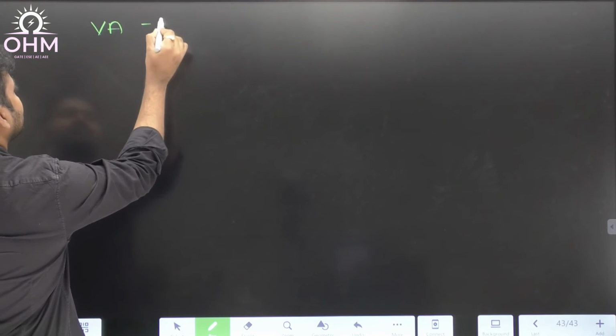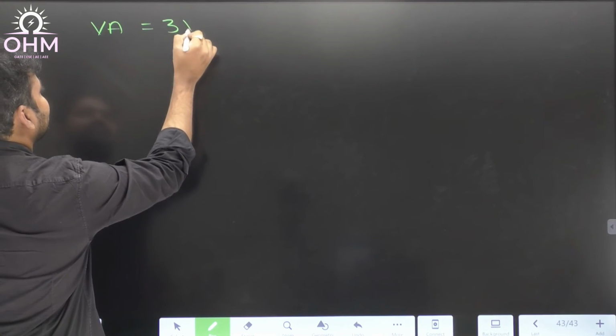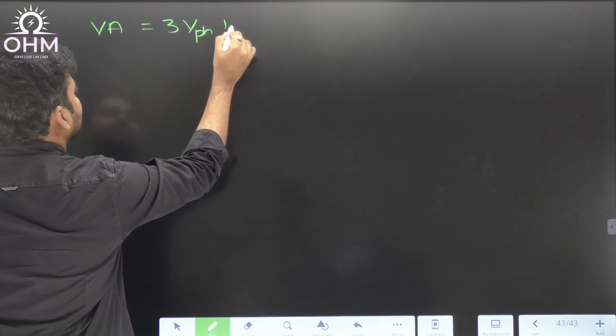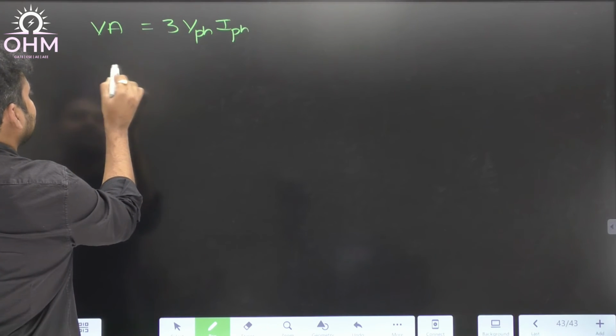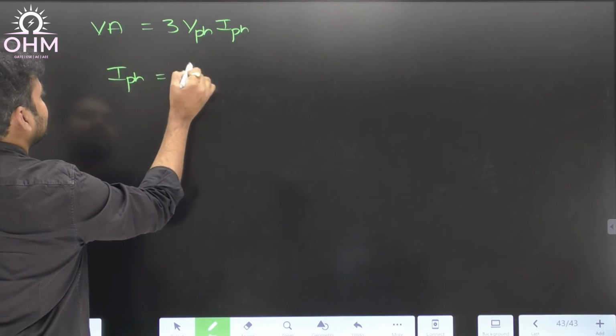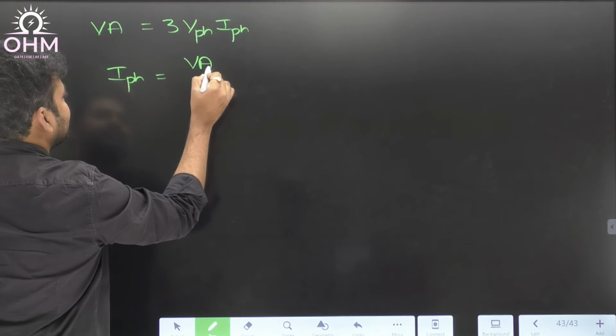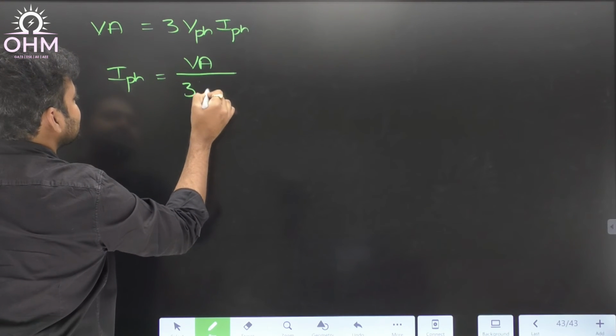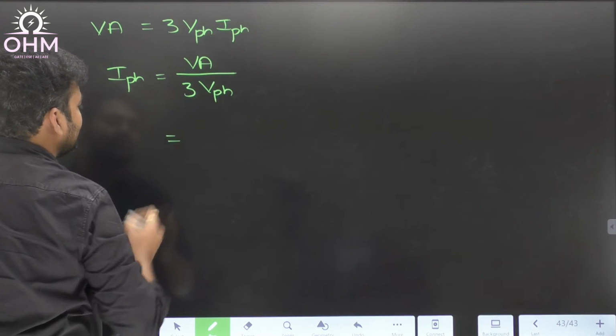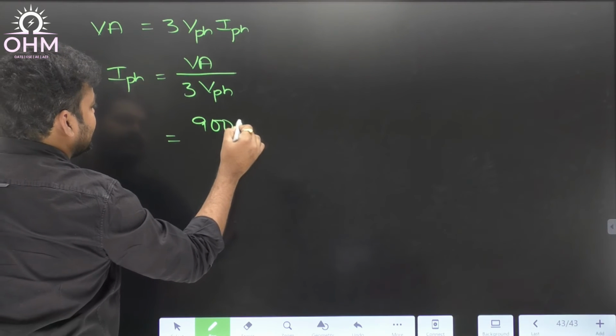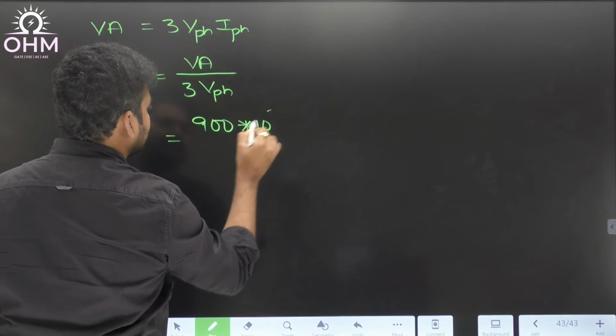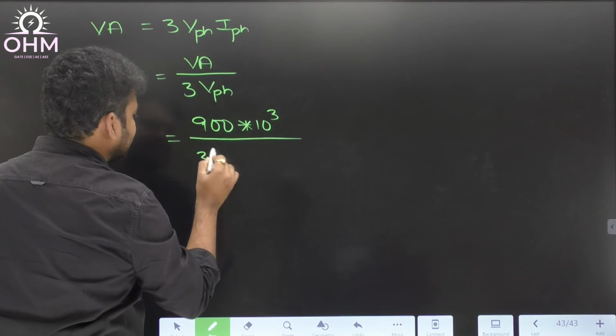VA rating is equal to 3 times V phase into I phase. So from this, I phase is equal to the volt ampere rating divided by 3 times V phase. What is the volt ampere rating? 900 kVA divided by 3 times